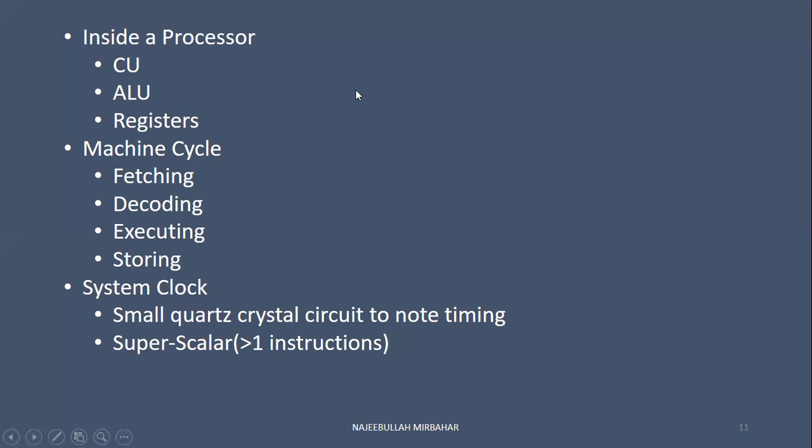Fahimullah Zahir. सर ये सिस्टम क्लॉक में ये जो फर्स्ट टाइप है स्मॉल क्वार्ट्ज क्रिस्टल सर्किट, नहीं, ये टाइमिंग नहीं है। जी सर. सिस्टम क्लॉक बेसिकली ये एक टाइमिंग डिवाइस है। ये नोट करती है टाइमिंग फॉर एवरी इंस्ट्रक्शंस। जैसे सपोज रैम में कोई ऑपरेशन परफॉर्म हो रहा है तो वो कितनी देर तक परफॉर्म होगा, वो टाइमिंग जो होती है वो सिस्टम क्लॉक नोट करता है। जब ऐप खोलते हो तो उसकी टाइमिंग परफॉर्म करता है ये। हर ऑपरेशन जो परफॉर्म होता है हमारे कंप्यूटर में वो सारों की टाइमिंग सिस्टम क्लॉक नोट करता है।